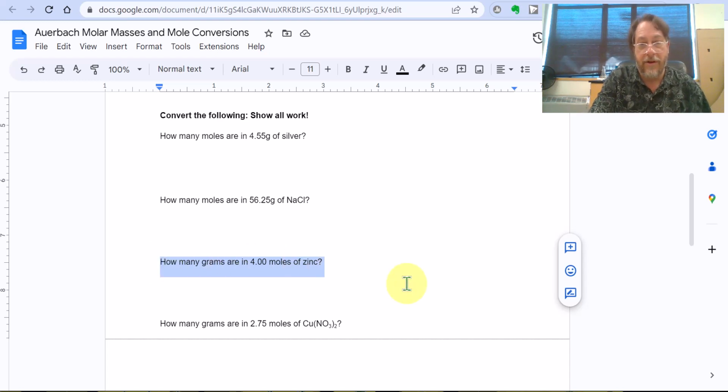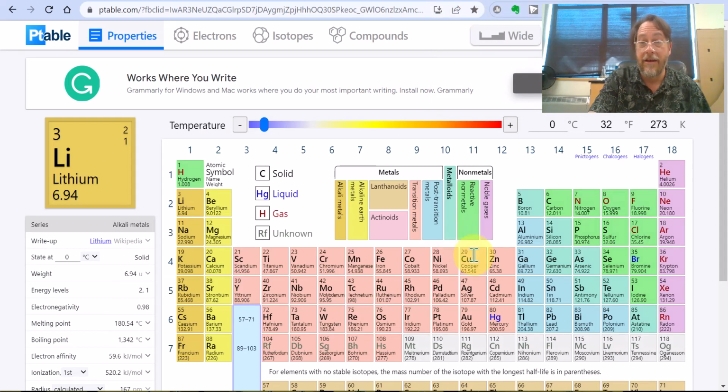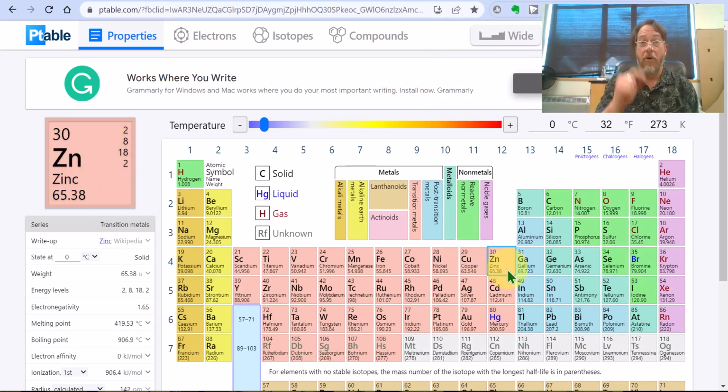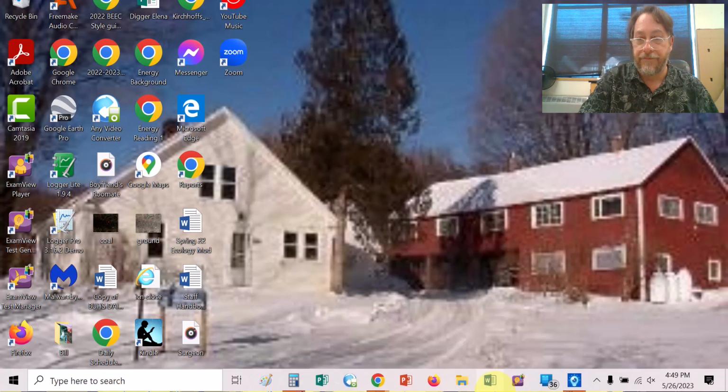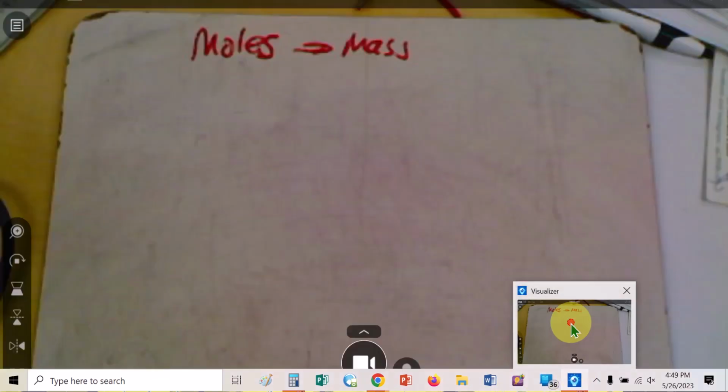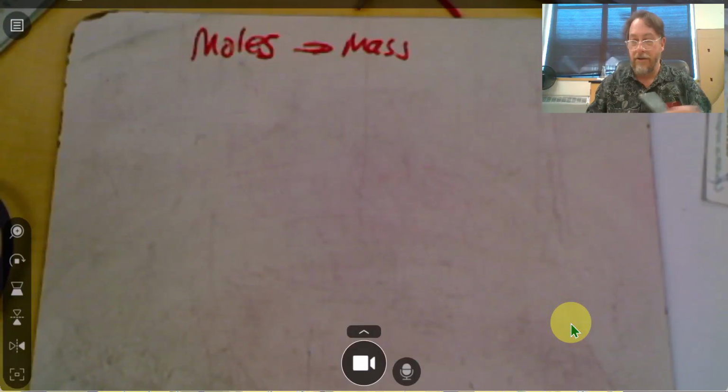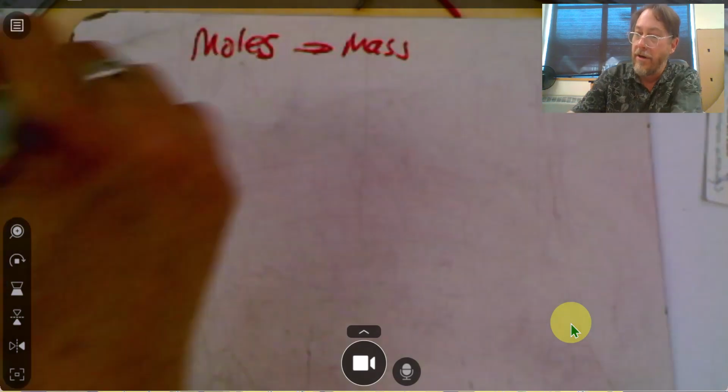And let me write this out. Well, first, let's stop at the periodic table and find out how much 1 mole of zinc weighs, right? The molar mass of zinc, which is Zn. Here it is. It is 65.38 grams for 1 mole. And so let's go back to our whiteboard, and we will do our